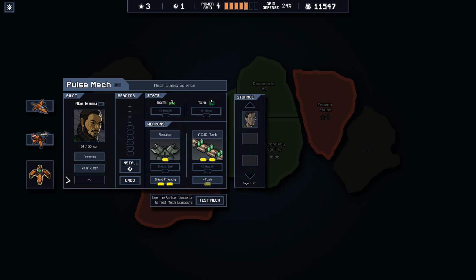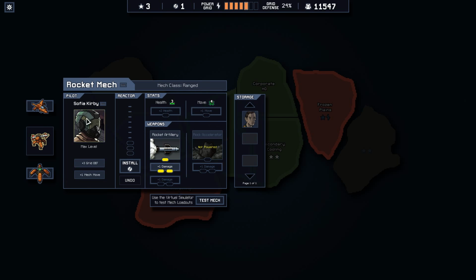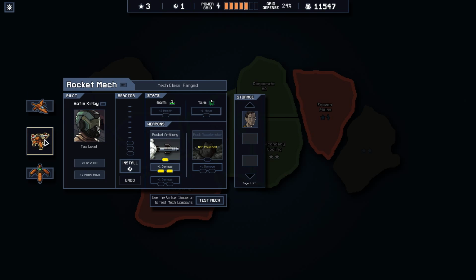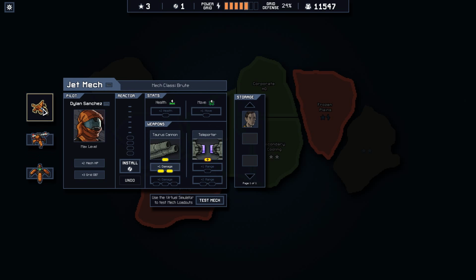Then I've still got one more point I can spend. I could give this guy the rock accelerator. I wonder if in that last fight that would have helped. I don't think so. But it's like lateral push is kind of interesting. It expands the tactical options a lot. The other thing, I'd love to give everyone just one more move point. But it's a weird thing where you can't afford to do it all at once. And so when you're doing just one...